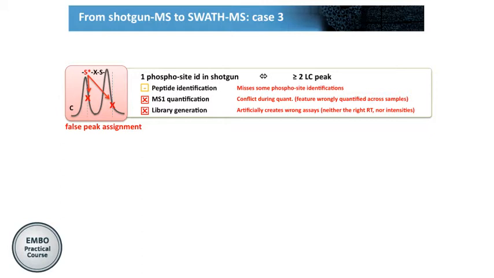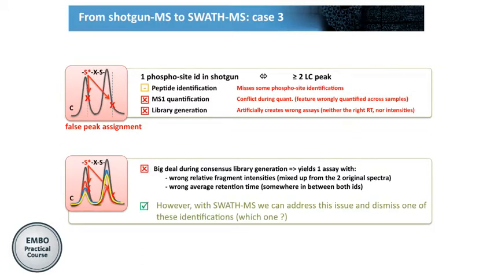If we try now to average, the retention time actually comes somewhere in the middle between these 2 peaks, and there is not this one and not this one. So we somehow need to decide, are we going to quantify this one consistently or this one consistently and somehow separate them? And this creates a big problem in SWATH, where we need to make these decisions and separate these peaks,